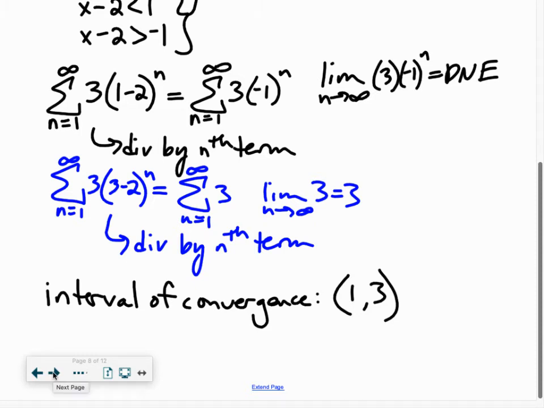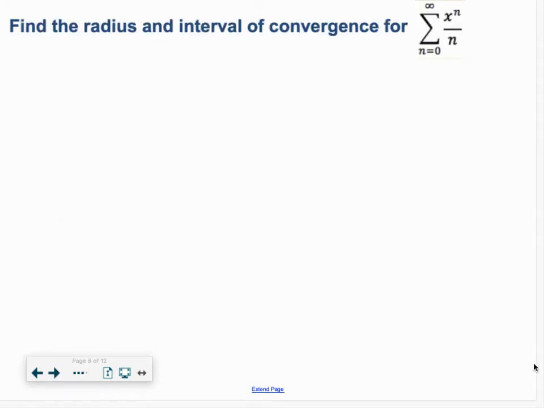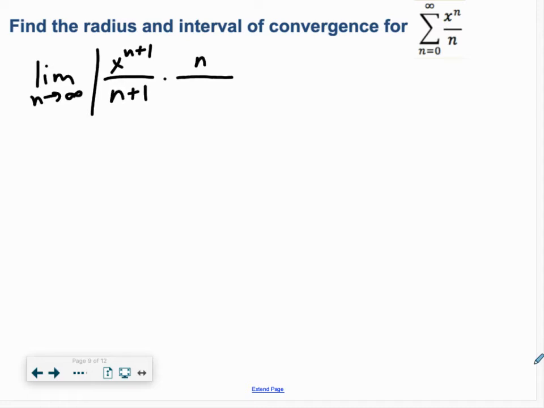All right, let's try another one. We're going to do x to the n over n. Again, we're going to start with the ratio test. So we get x to the n plus 1 over n plus 1. I'm going to go ahead and flip and multiply right off the bat, so n over x to the n. I'm hoping now that you'll see what cancels using the ratio test. So x to the n plus 1 over x to the n just goes down to x. So we have xn